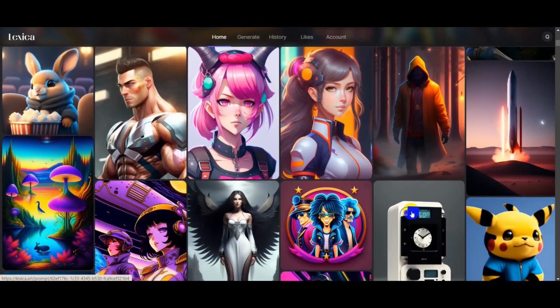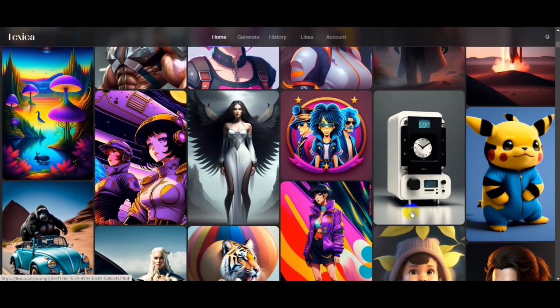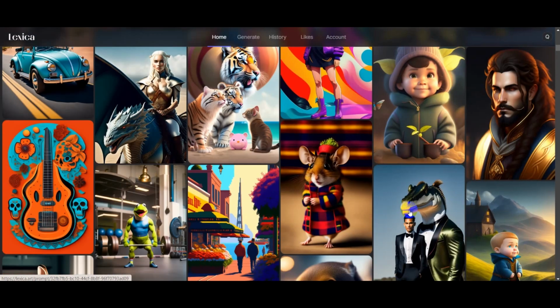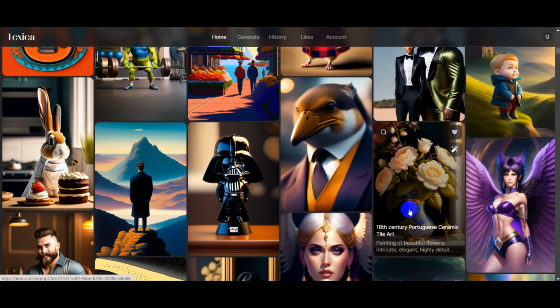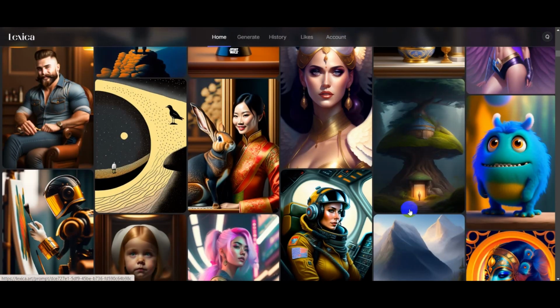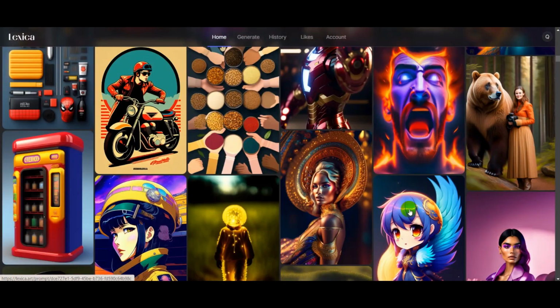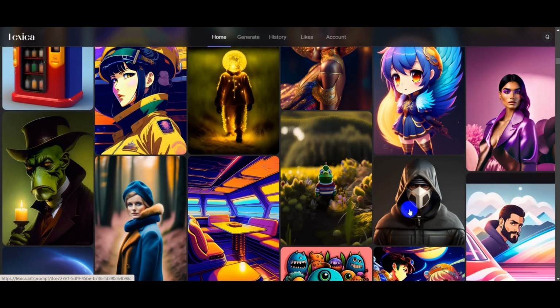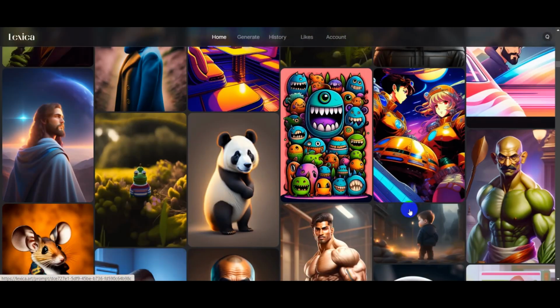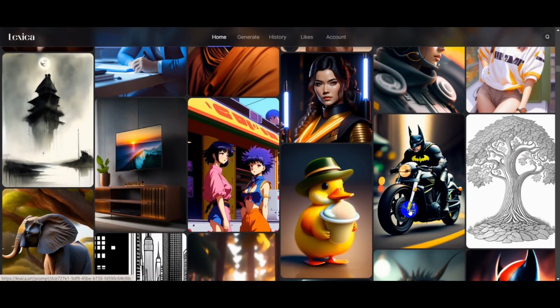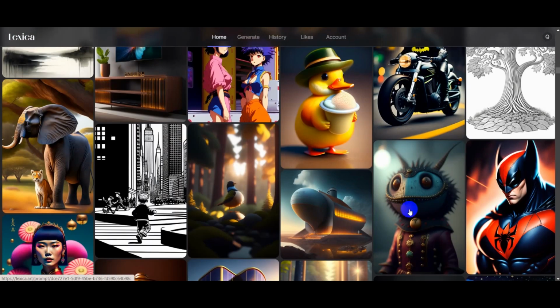Lexica is a website that allows you to create unique and creative AI art with just simple text descriptions. So what is Lexica and how to use it? Please explore through the article below. What is Lexica? Lexica is an image search engine that uses artificial intelligence, AI, to generate high-quality and eye-catching images from text descriptions, prompts. Lexica is based on the Stable Diffusion model, one of the most popular AI art models